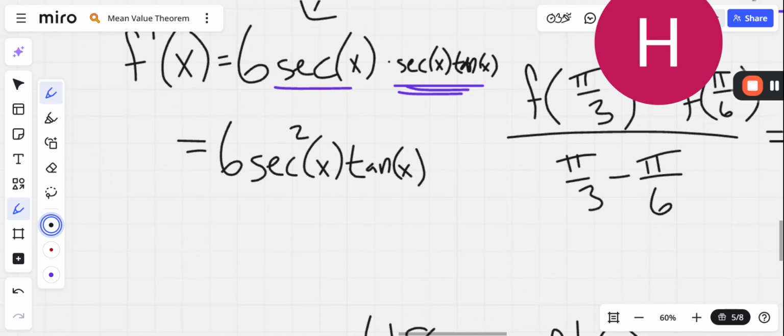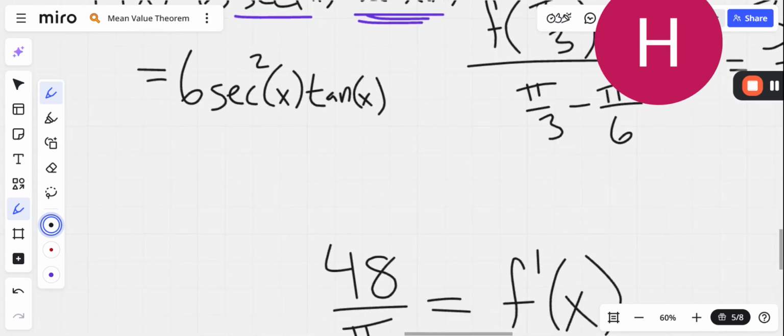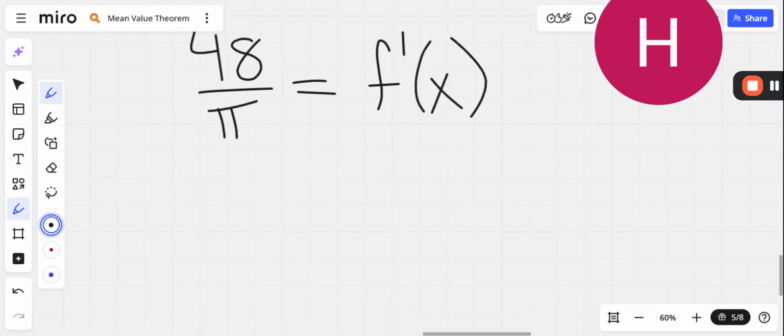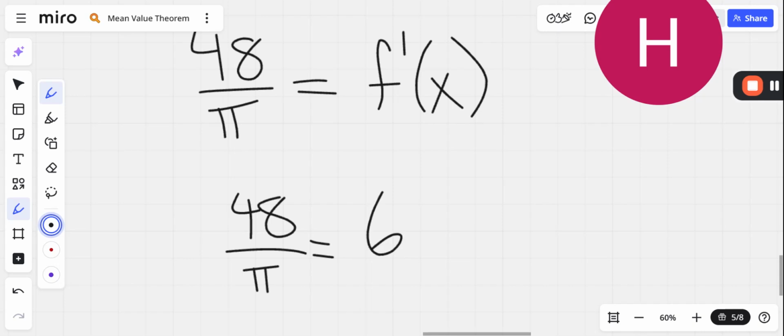And really, that's the same thing as just 2 f of x times tan x, but we're not going to write it like that. We're going to keep it like this, 6 secant squared x tan x. Okay, so 48 over pi equals 6 secant squared x